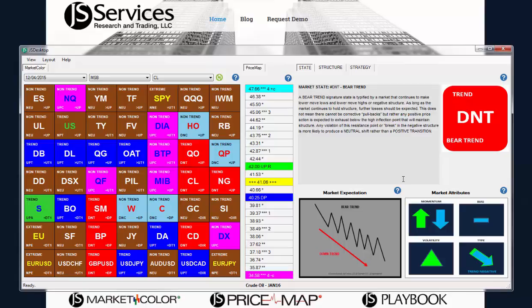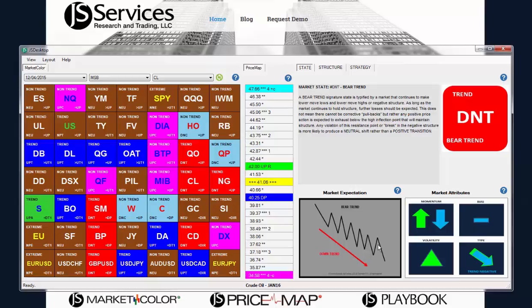condition that complements it. And so the first thing that we always want to look at is what's the underlying foundation, and that's the market state condition. You know, if trading is a chess game, all your tactics are the pieces of the game, and the market state condition is the board. So this is the base. It's real important to always be aware of what that base foundation is and what the attributes of that foundation